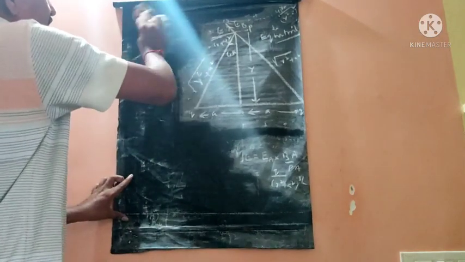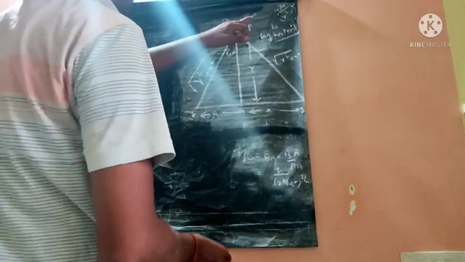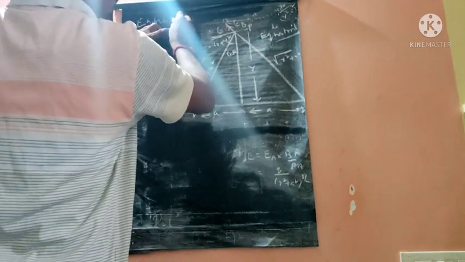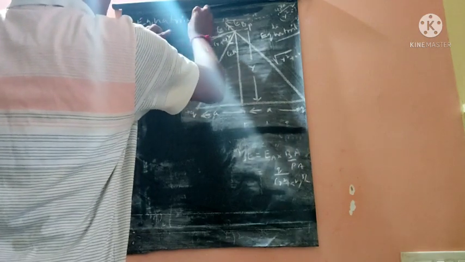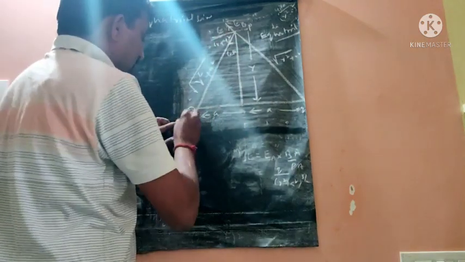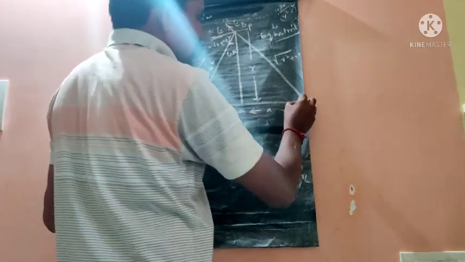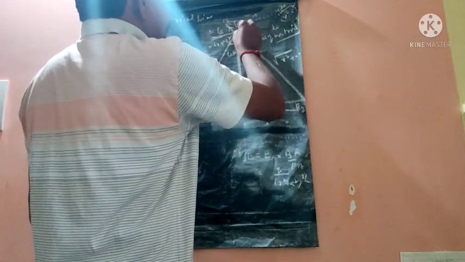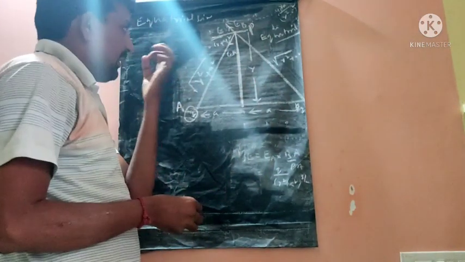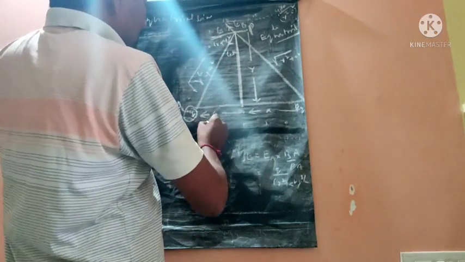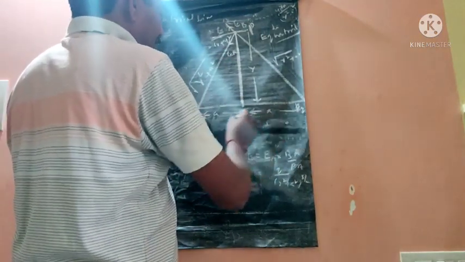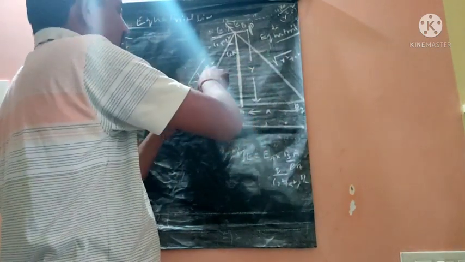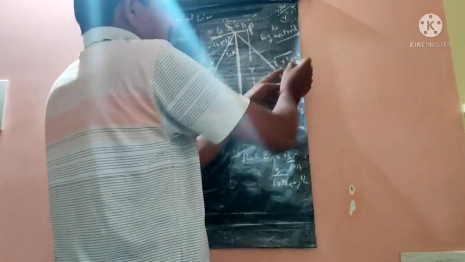Okay, now we are taking the electric field due to equatorial line. So we are taking a plus q, this is A, this is B, and this is the equatorial line. Now we want to find out the electric field at point P. So this is r, this is a and a, this is 2a totally, and this is the distance r. Here the square root of r square plus a square, here also the square root of r square plus a square.